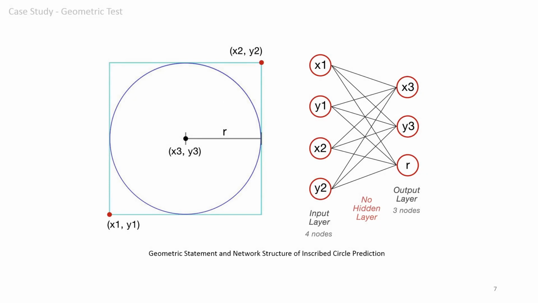In the first case, a simple neural network was built to predict the inscribed circle by inputting a rectangle. The inputted rectangle is represented by the coordinates of its two vertices. Using the same rule, its inscribed circle is represented by the coordinates of the center point and the radius. Therefore, the first layer of the neural network should contain 4 neurons, and the last layer should contain 3 neurons. This is a very simple problem, so there's no need to add any hidden layers to complicate the network. A network without hidden layers should perform better to avoid the overfitting problem.